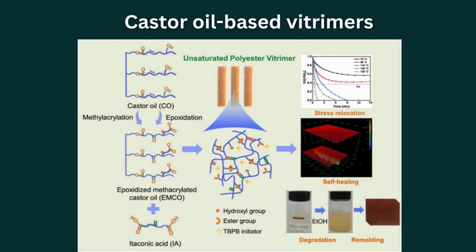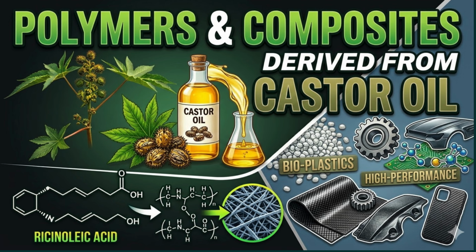In summary, castor oil is a highly versatile and renewable feedstock for the synthesis of a wide range of polymers and composites. Its unique chemical structure enables diverse functionalization pathways, leading to materials with tailored properties for specific applications. Polyurethanes, polyesters, polyamides, and epoxies derived from castor oil have already demonstrated significant potential in replacing conventional petroleum-based materials. The integration of fillers and the development of composite systems further enhance their performance, enabling their use in demanding industrial